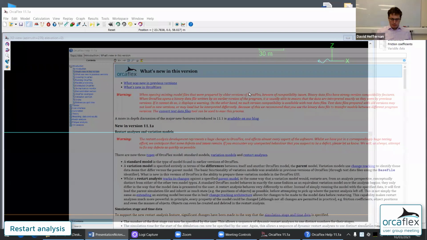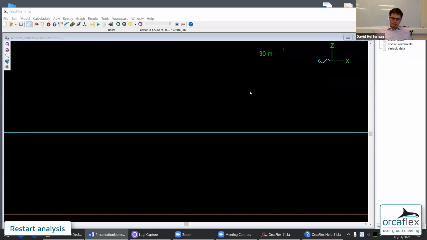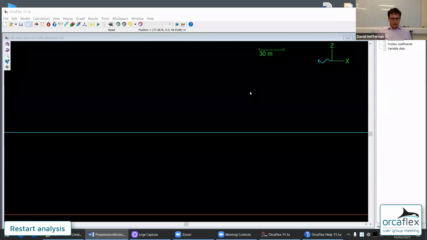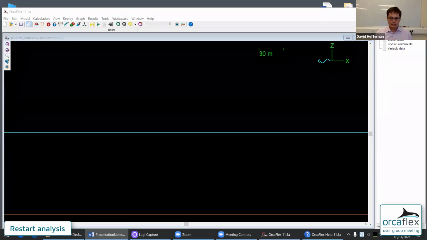Okay, so I mentioned that before we can actually talk about restart itself, we need to talk about other features that facilitate it. And why is that? In order to explain that, I want to say what a restart analysis actually is. A traditional OrcaFlex analysis starts by OrcaFlex finding a static equilibrium for the model, and then typically followed on by a dynamic analysis, either a frequency domain dynamic analysis or a time domain dynamic analysis.